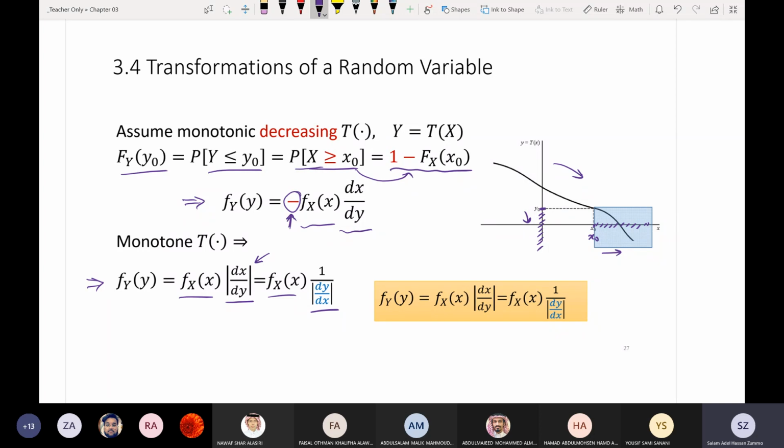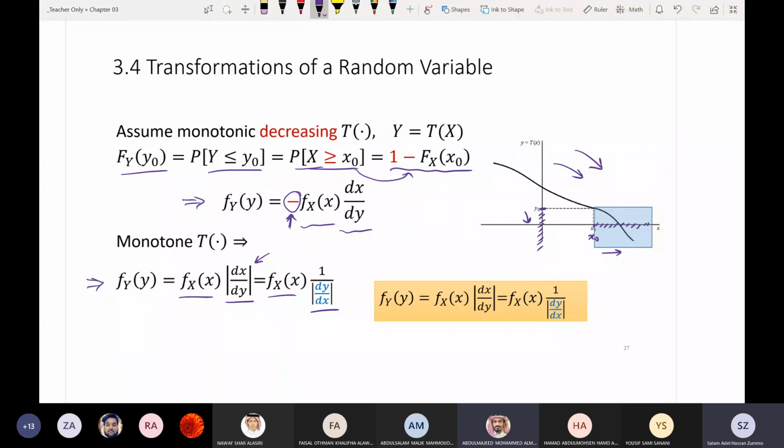When you have positive it's positive. When you have a negative, a decreasing function, you have a negative sign, and because of that you have absolute value. You put absolute value for the generic case. So the general case is the absolute value. واضحة؟